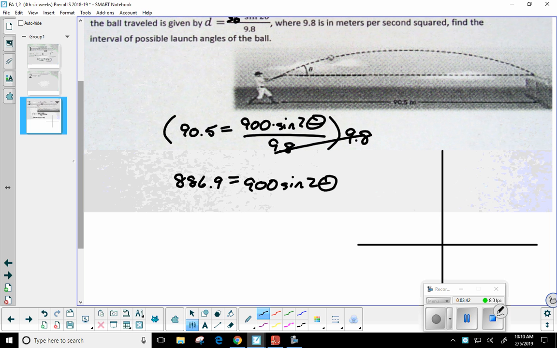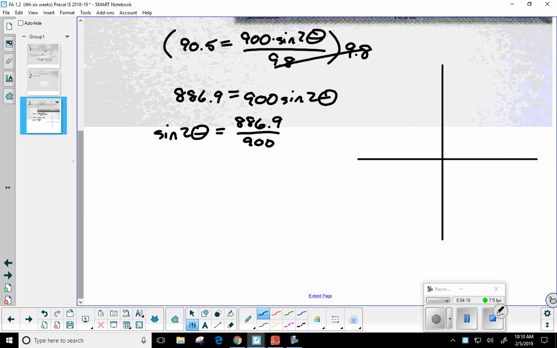So sine of 2 theta should equal, and we have our ratio. We'll divide through, so 886.9 divided by 900. There we go. Now here's the thing. Looking at that ratio, is it going to turn out to be a special right triangle? No. So we're not going to be doing this technically by hand. We're going to use the calculator to help me out with this. So I'm going to take the inverse function, so sine inverse of this ratio